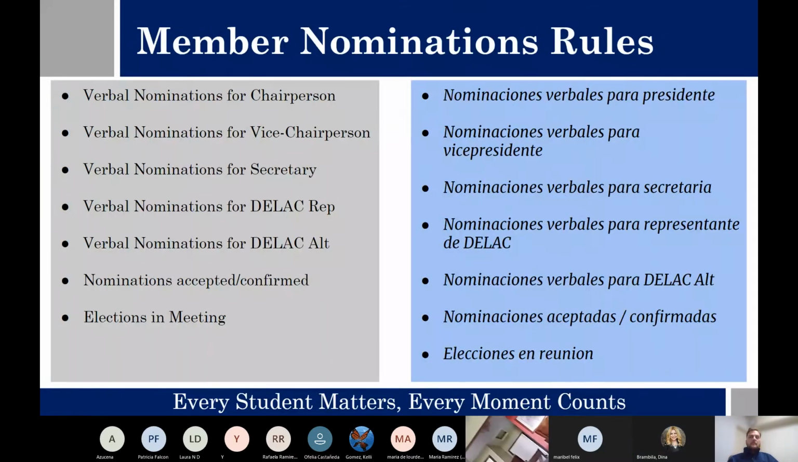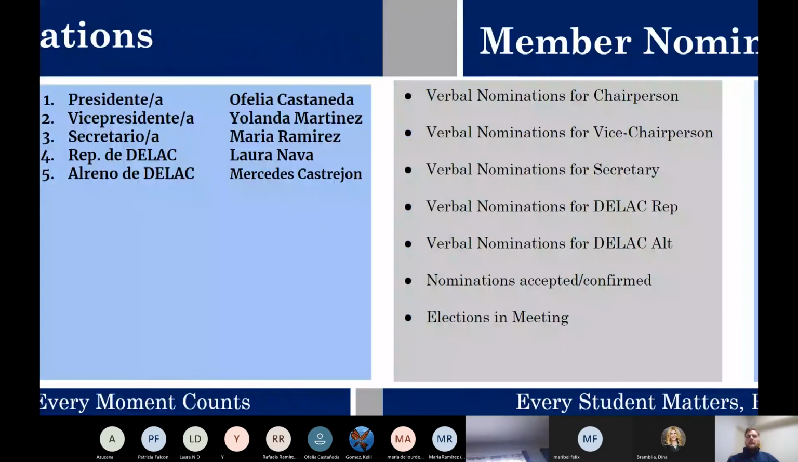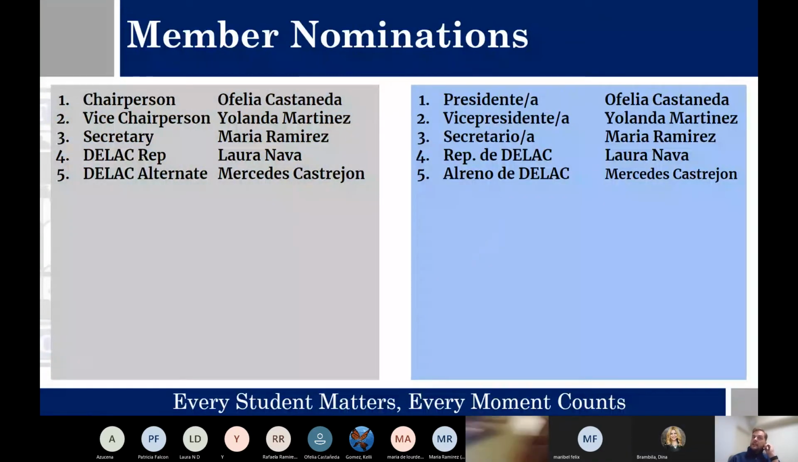And so we have some nominations already for these positions. For chairperson, we have Ofelia Castaneda. For vice chairperson, we have Yolanda Martinez. For secretary, we have Maria Ramirez, DLAC, Laura Nava, and for DLAC alternate, we have Mercedes Castrillon. Ms. Dina worked with some of these parents and they have offered their services to represent on the ELAC committee